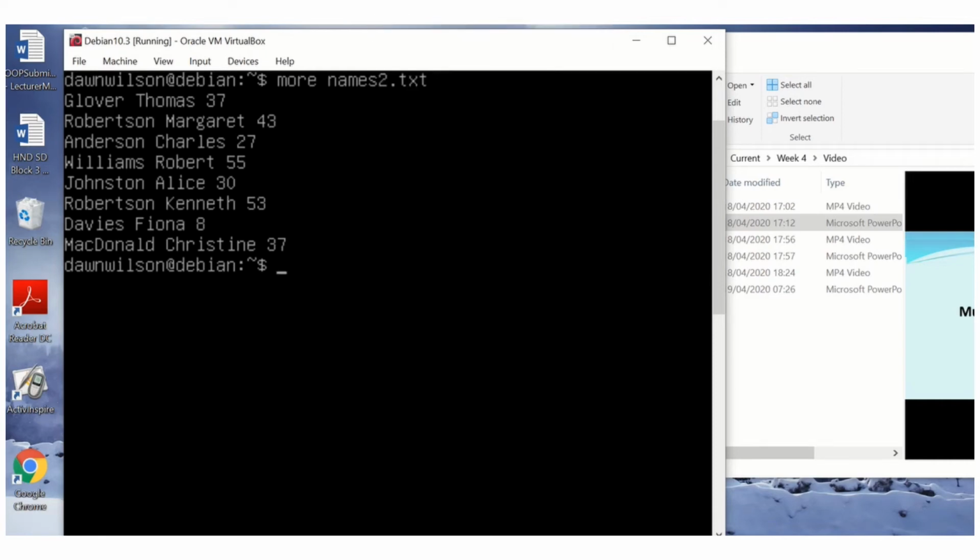Hi everyone, this is part 2 of the sort command, looking at some more advanced sort scenarios. So in the previous video we did a sort on the names2.txt file, which you can see on the screen, and we sorted it by field 1, so the primary key was field 1, so it's sorted by surname, and